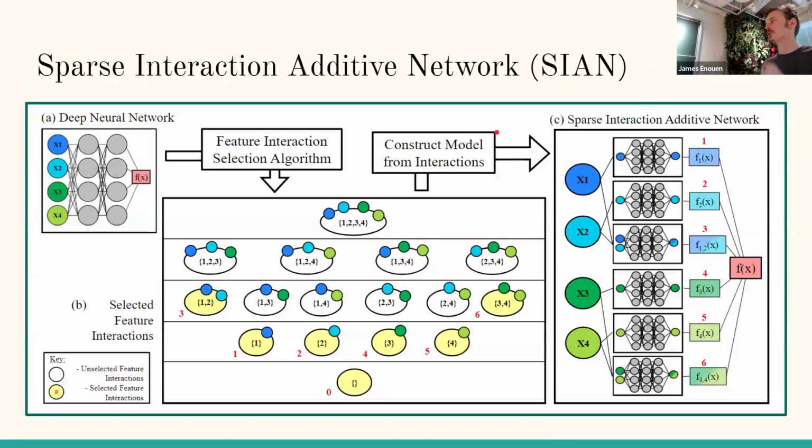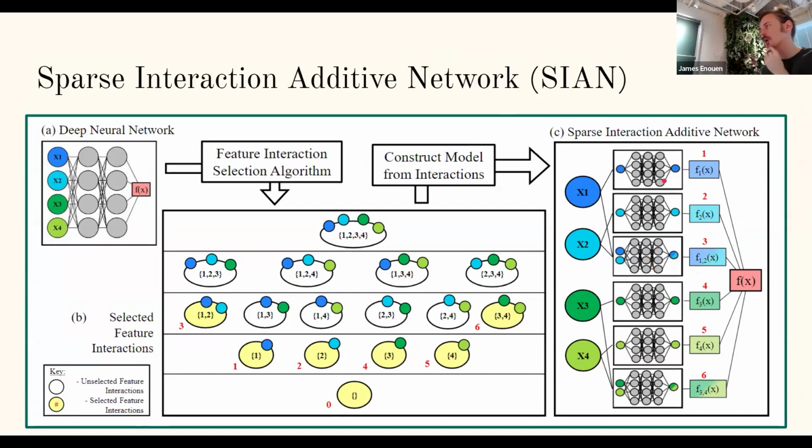And so now let's shift into application. So the first thing we're going to do is train a neural network with this procedure. And that's going to be called sparse interaction additive networks. So this sparse interaction additive network, all it's doing is obeying the sparse, referencing the feature interaction selection aspect, and then the interaction being, of course, the feature interactions.